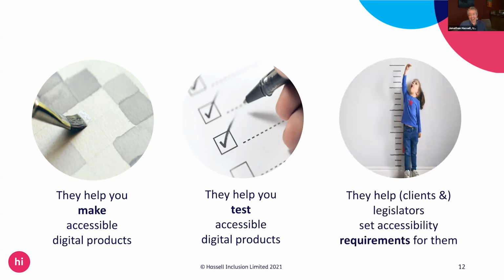The third thing is they help people tell you what level of something you need to get to. So legislators all over the world are thinking, okay, do we say we need you to get to WCAG 2.1 AA, for example, all through the European Accessibility Act. It's there. Certainly here in the UK, our Equality Act actually doesn't say what level you need to get to, but it's still a very, very helpful thing to say, like this level rather than less or more.